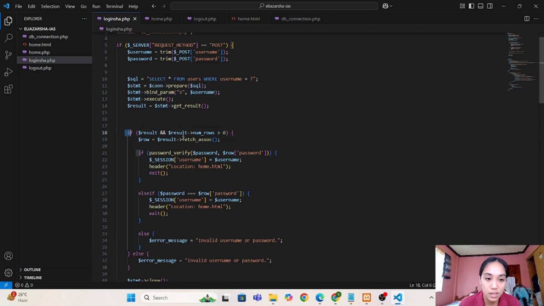The next one, this code, we now check if a user with a given username exists. Then, if we find a match, we fetch their information. And at this point, we have the user's stored data, including their hash password here.